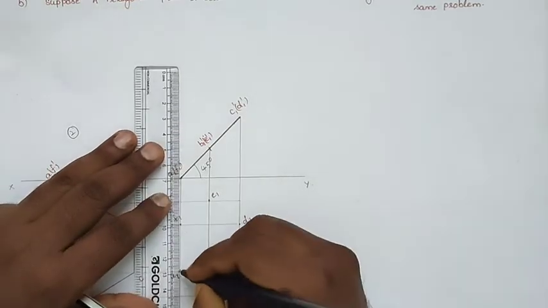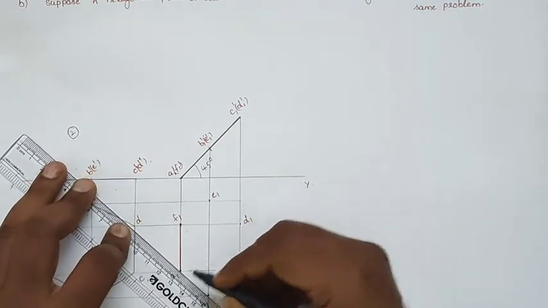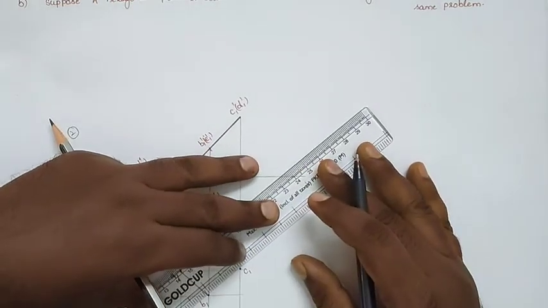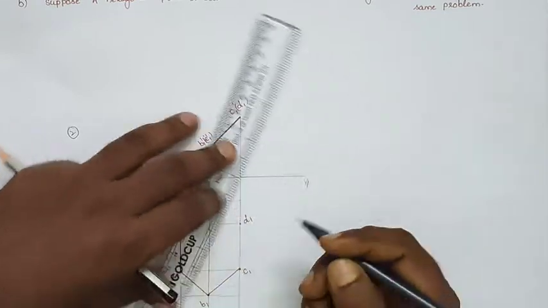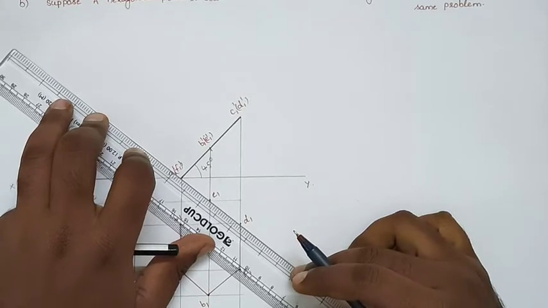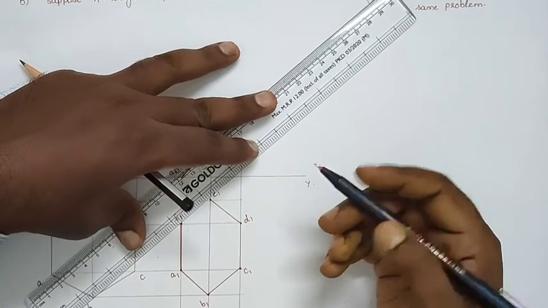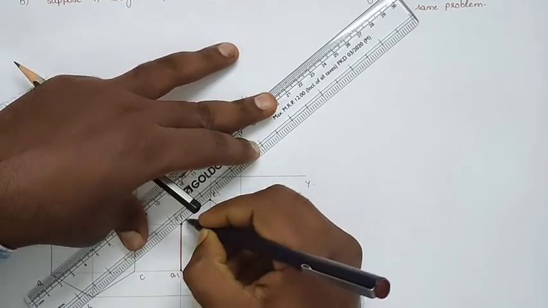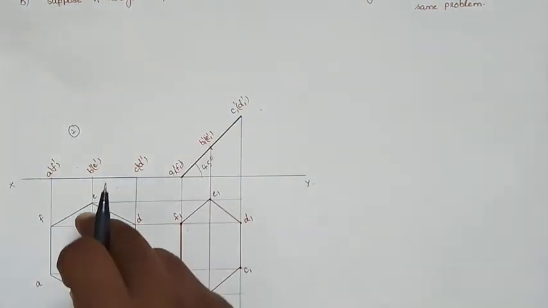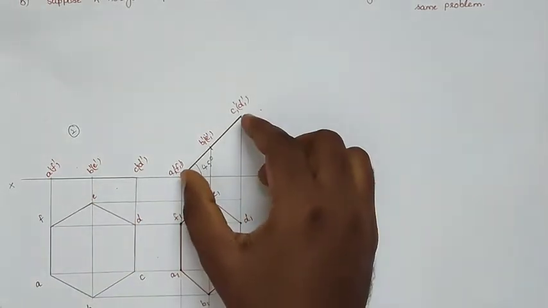Joining all the points, we will obtain our second top view. So this is our final view. When a plane surface is inclined to the HP, in the initial stage we assume the plane surface is parallel to the HP and draw the projections. We know that when a plane surface is parallel to the HP, the top view shows the true shape, so we draw the top view as our first top view. After drawing the first top view, draw the front view as a line.